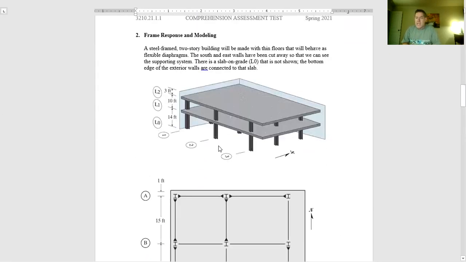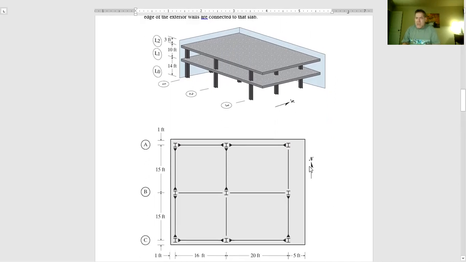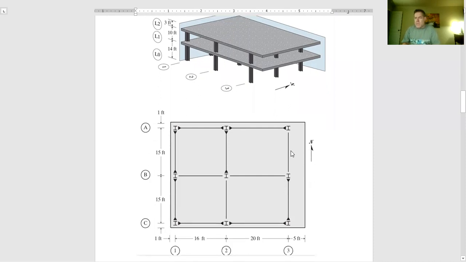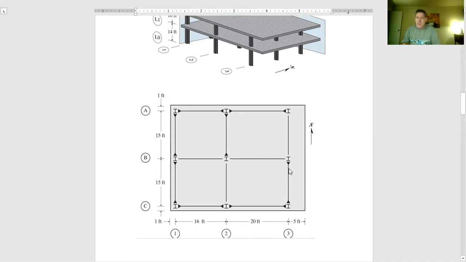In part two, we're taking a look at the lateral resisting systems and a 30 pounds per square foot lateral load that's applied to this system, and from a wind source. In the first case, we're asked to draw the lateral resisting system, or really the frame that is in line 3. The little triangles there in the beam that goes from B to C indicate that those are moment connections. And the fact that we don't have those in the other span from A to B